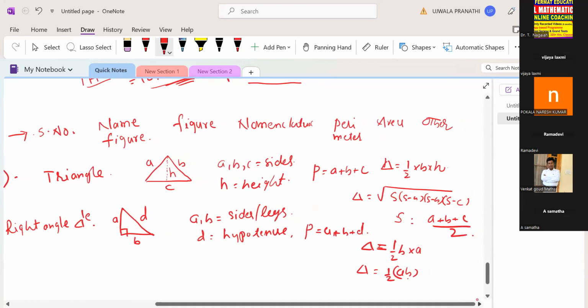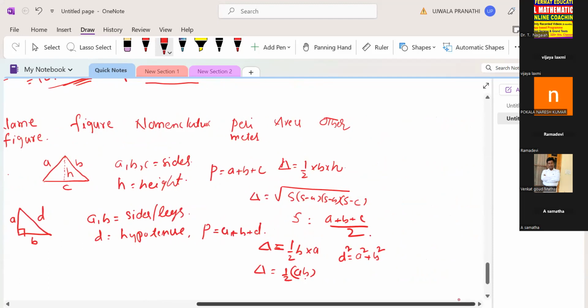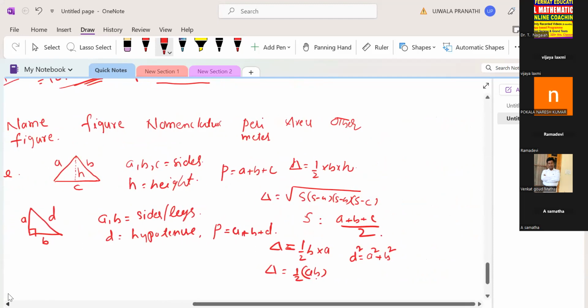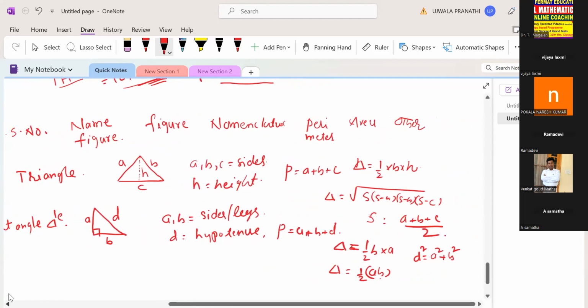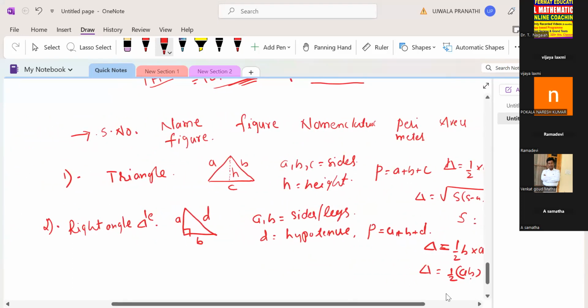And here, in other information, there is a formula: D square is equal to A square plus B square. So Pythagoras theorem. D square is equal to A square plus B square. Hypotenuse square equals sum of squares of 2 sides. So this is about right angle triangle. And next one. Here, third one is